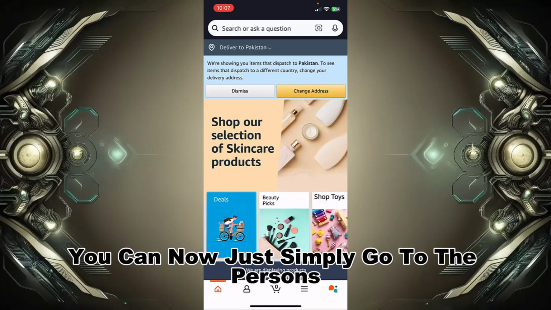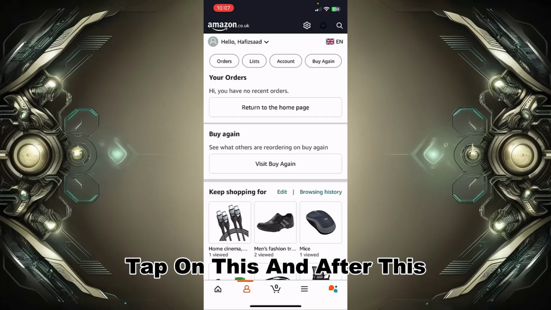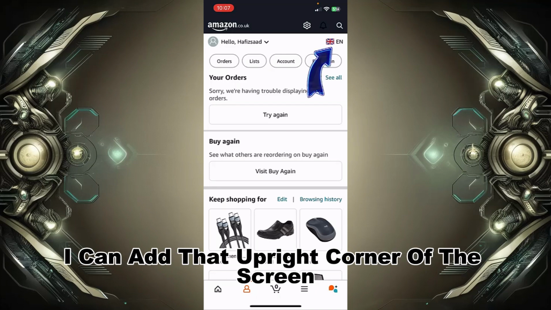After opening the app, you can now simply go to the person icon at the bottom left corner of the screen, that is next to your home. Tap on this, and after this you can simply tap on the language or flag icon at the top right